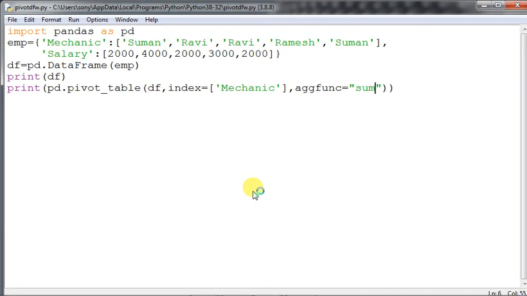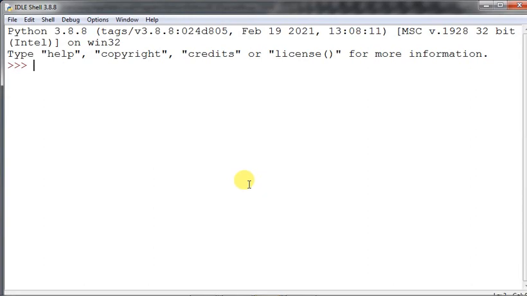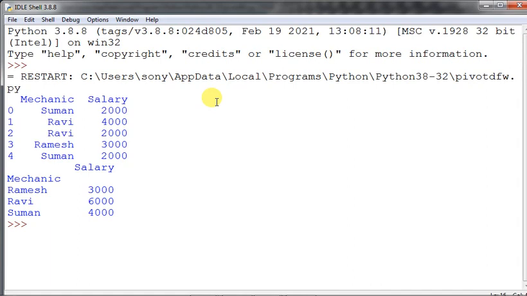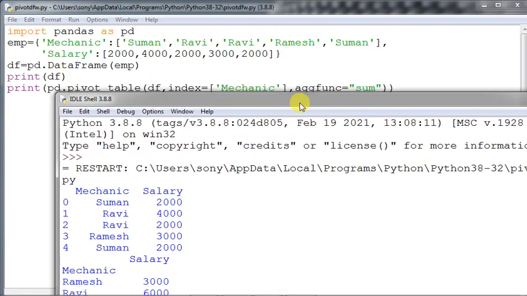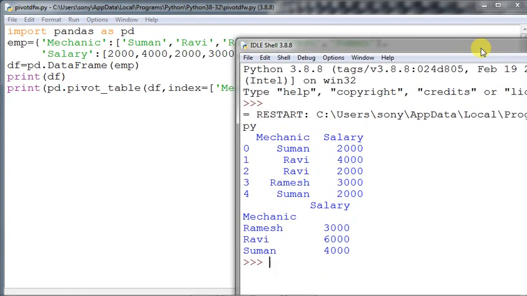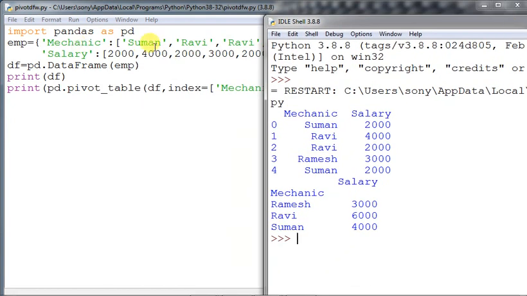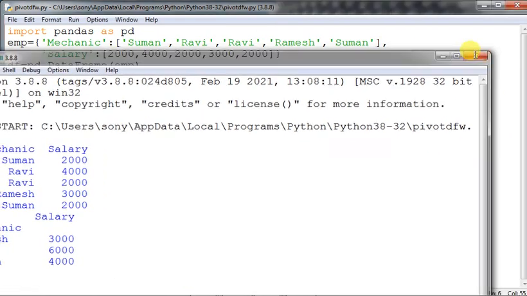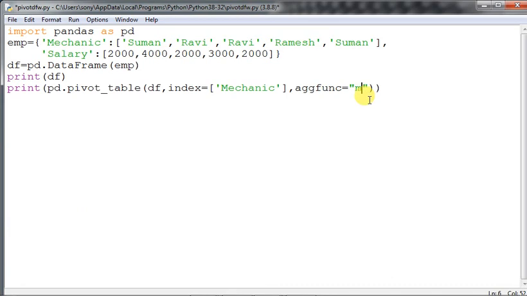So now you see how the pivoting is to be done here. We are finding out the mechanic, and after this pivot table method we will check what the value is. Now you see what pivot table has done: the data frame has been printed, afterwards we have taken it from the mechanic, and the salary of the mechanics has been summed up and printed here. In a similar way you can give the mean, max, everything. If you want to know which person is getting the maximum salary, just give max and execute this. Run module, and then you will see what appears in the pivot table.